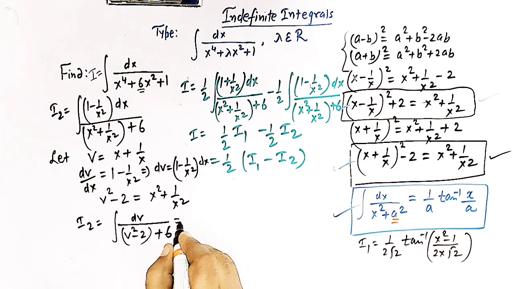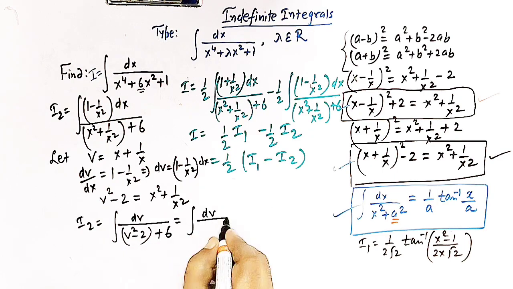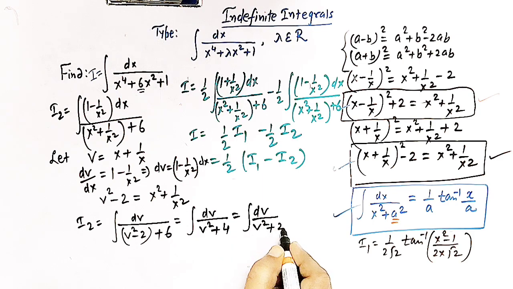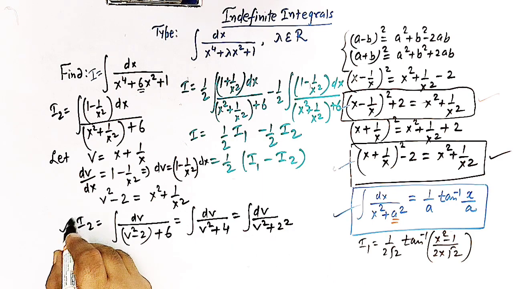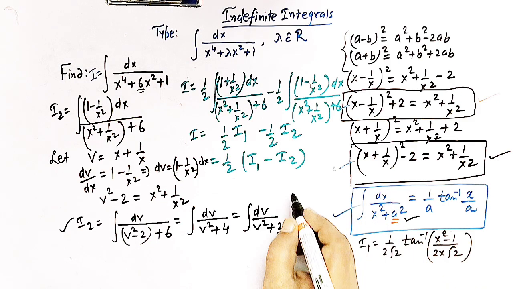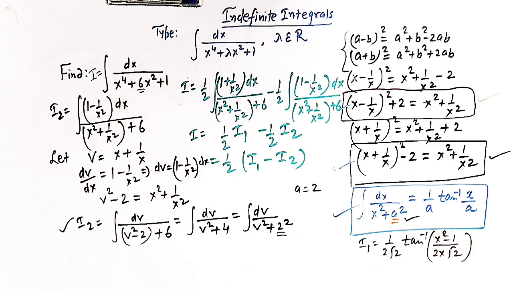So let us simplify it. So we have dv, and here we have v square plus 4, that is 6 minus 2 is 4. So here we have dv and v square plus 2 square. So again this integral I2 is also of this form, that is integral dx over x square plus a square. The value of a is 2, right? So the value of this integral is now equal to 1 over a, a is 2,